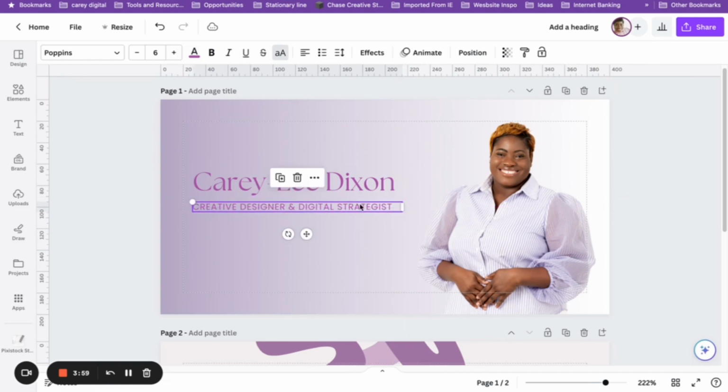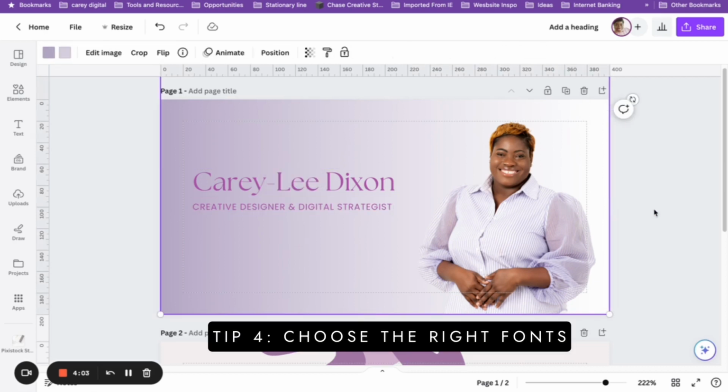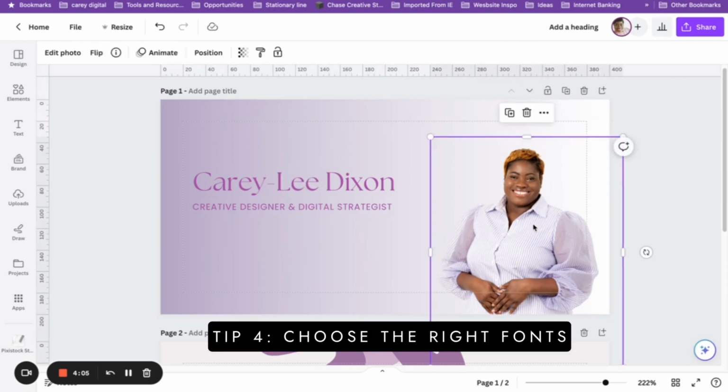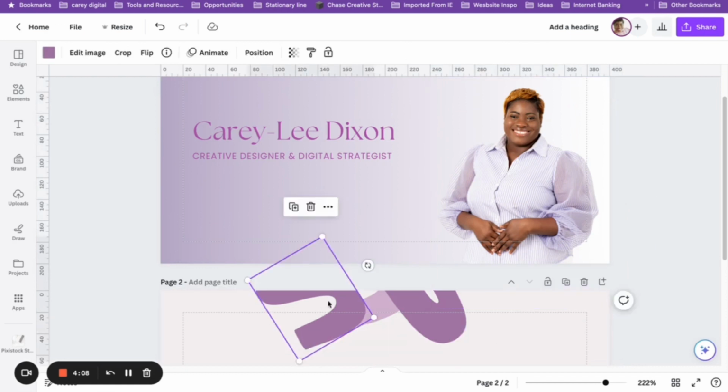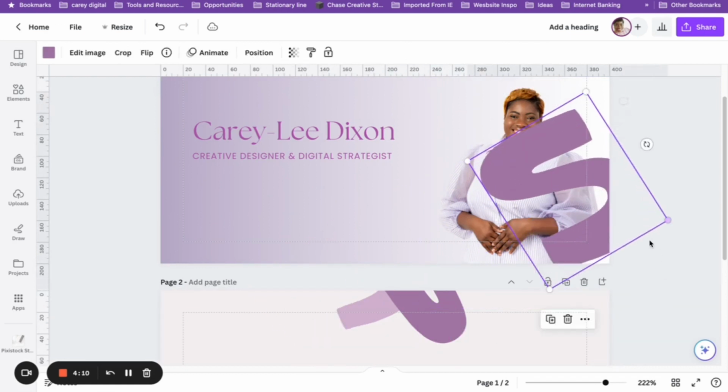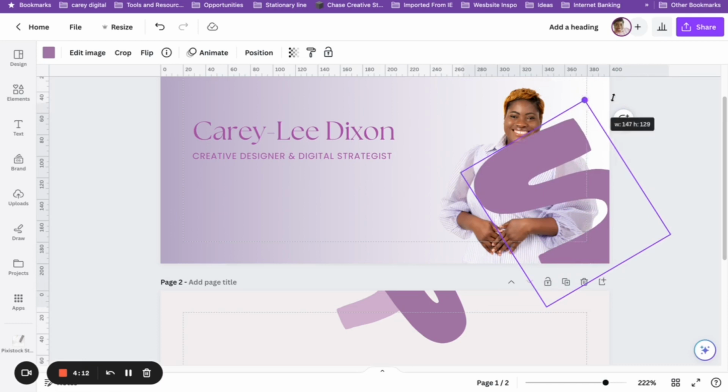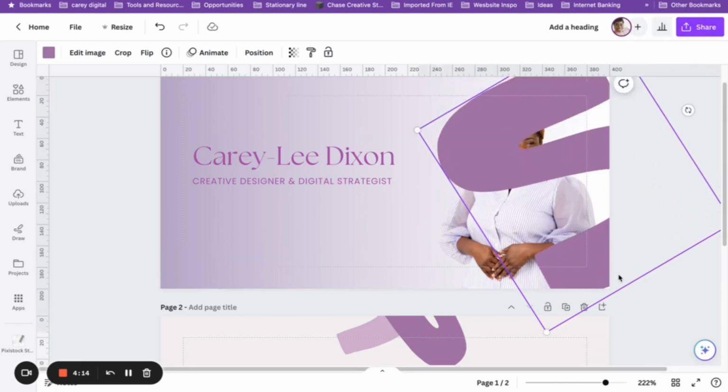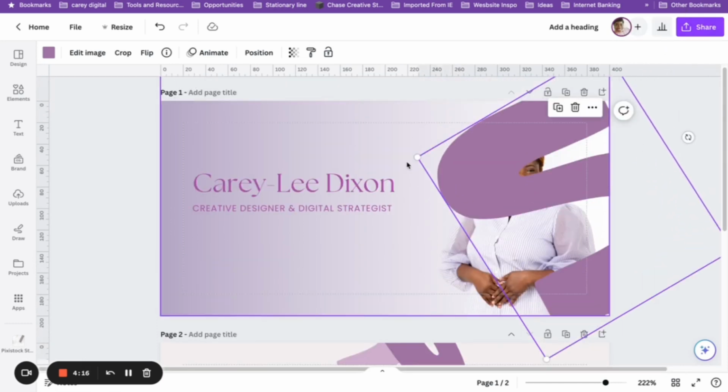Okay, another tip in creating your email signature: choose the right font. I mentioned that a little earlier. Choose the font that is readable and aligns with your branding, right? Ensure it aligns with your branding. Avoid decorative fonts that may be hard to read on different devices. So that's something I'm